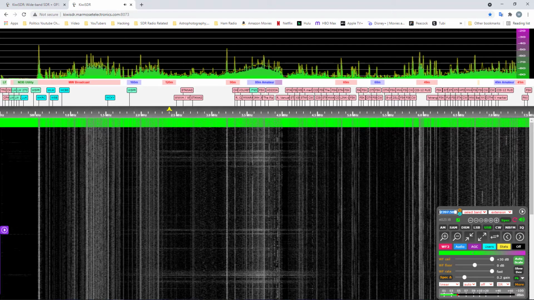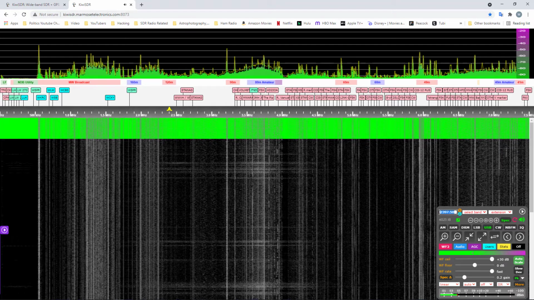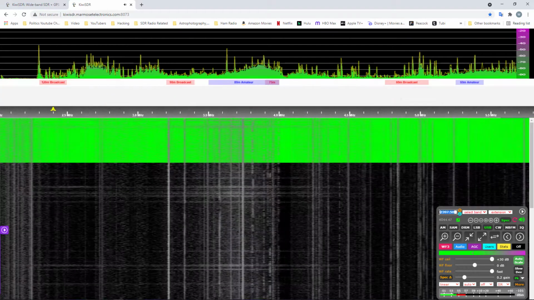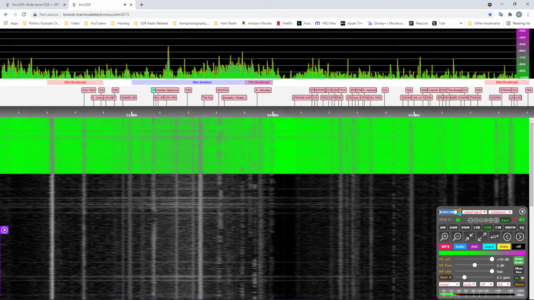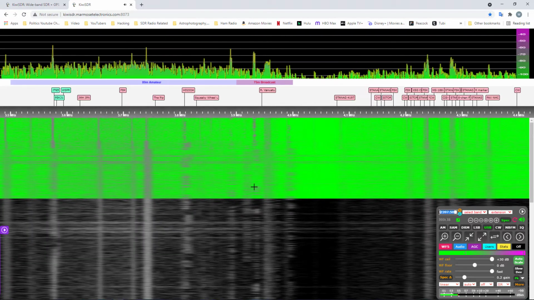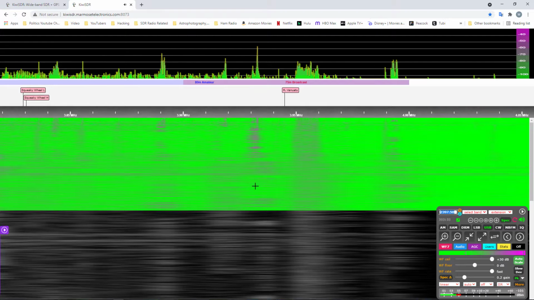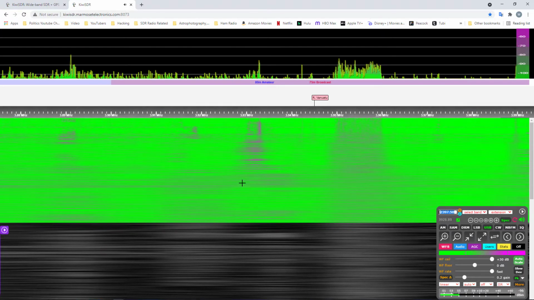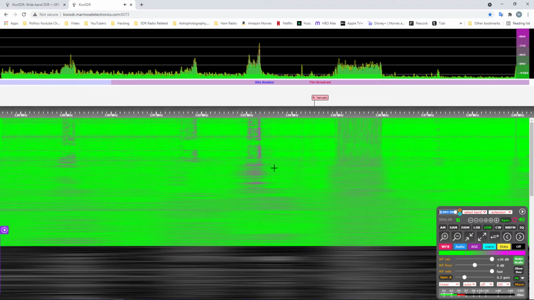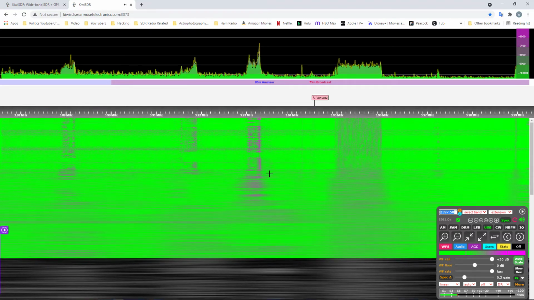I'm going to go into linear. Oh, okay, see, look, here's linear, and you can see how green that is. I'll zoom in. And the signal itself is purple.